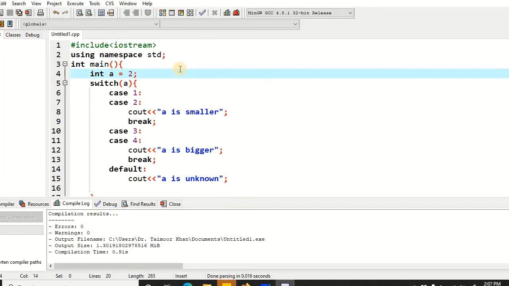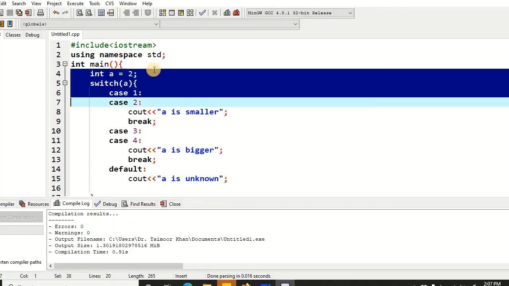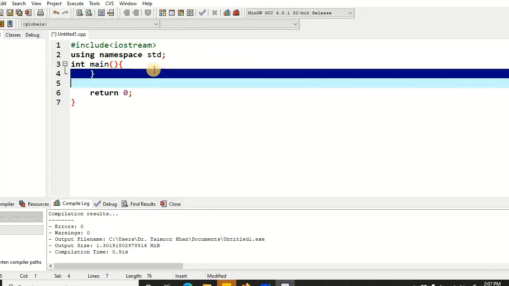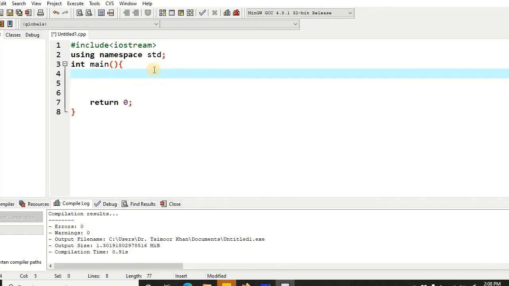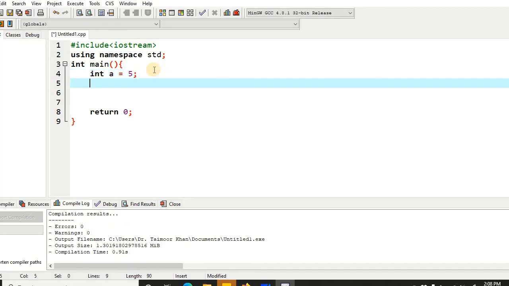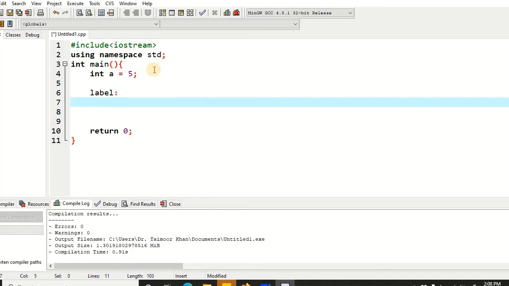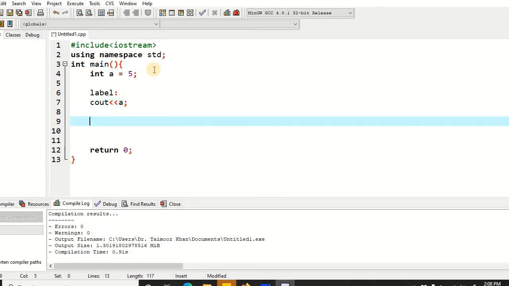And next we are going to look into the goto statement. Of course, it's not a reliable way to write your code. It's going to introduce different problems, but just for the sake of demonstration, let's see how it works. Int a is equal to 5, and then we say label. So we have assigned this particular name label to the next set of instructions. So if I say cout a, and over here if I say goto